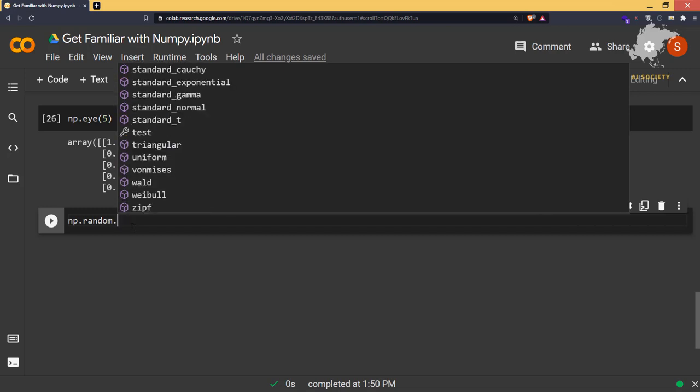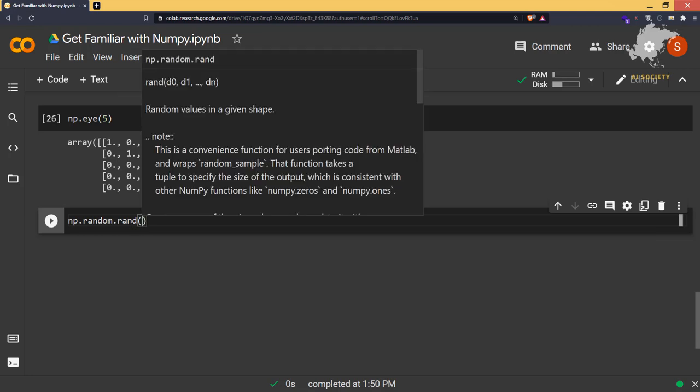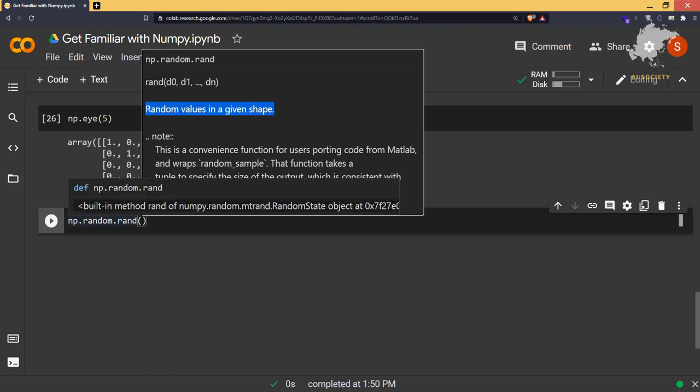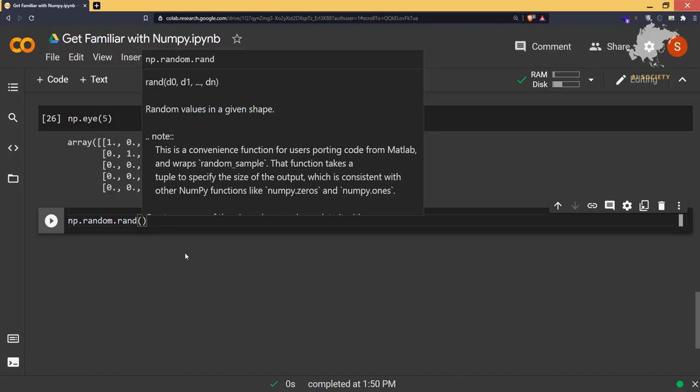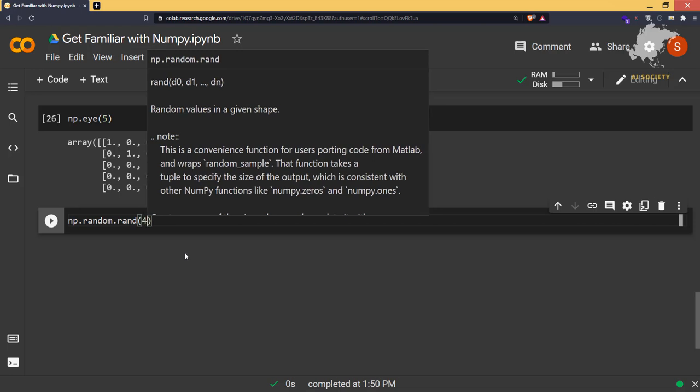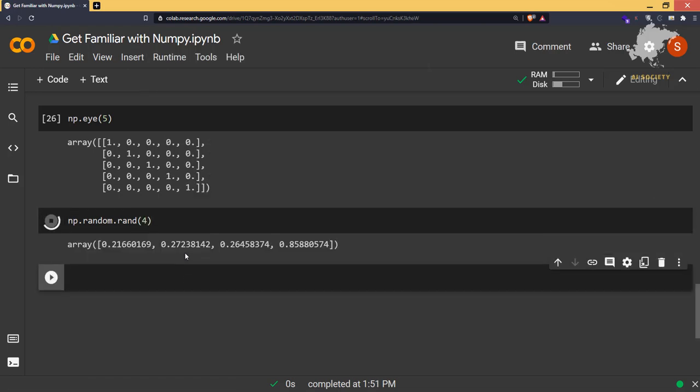Let's talk about some of them, starting with rand. np.random.rand gives random values in a given shape. If I say I want 4 random values in a one-dimensional form, it is going to give you 4 random values in a 1D array.